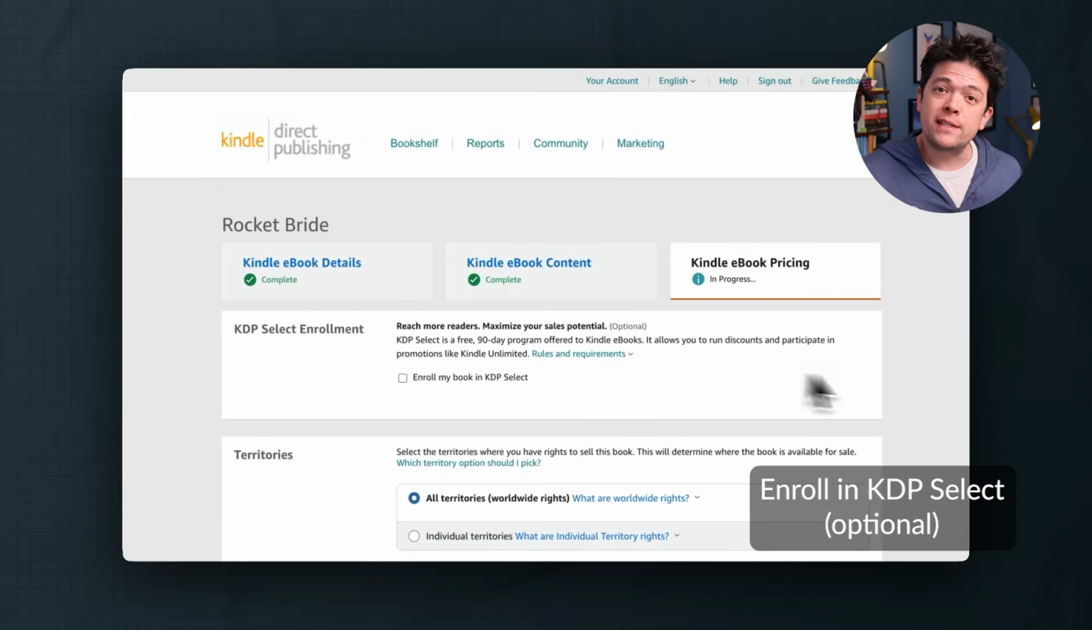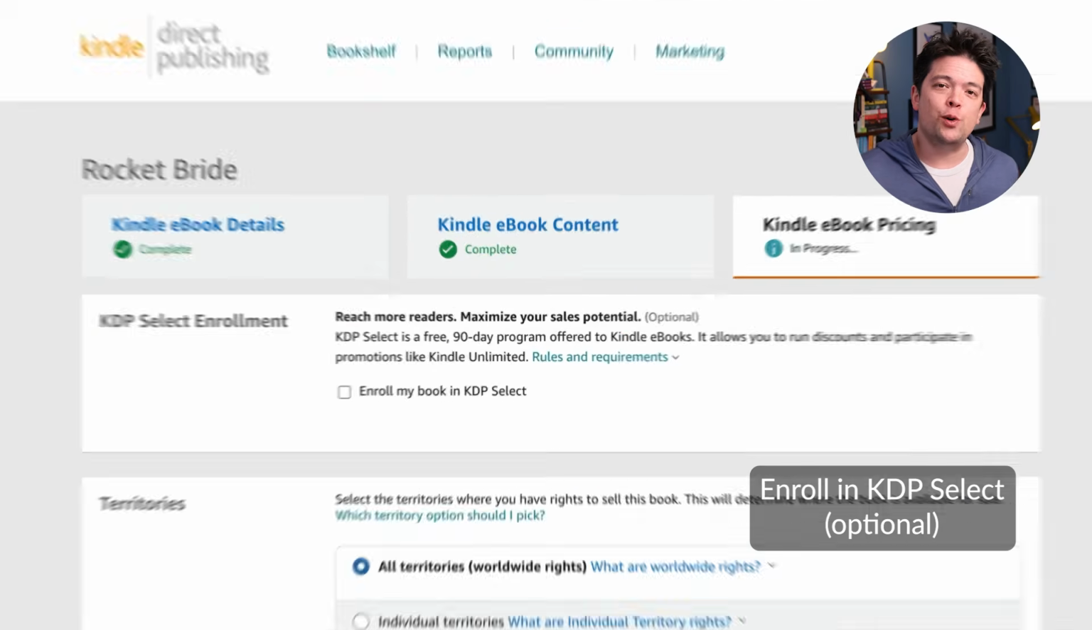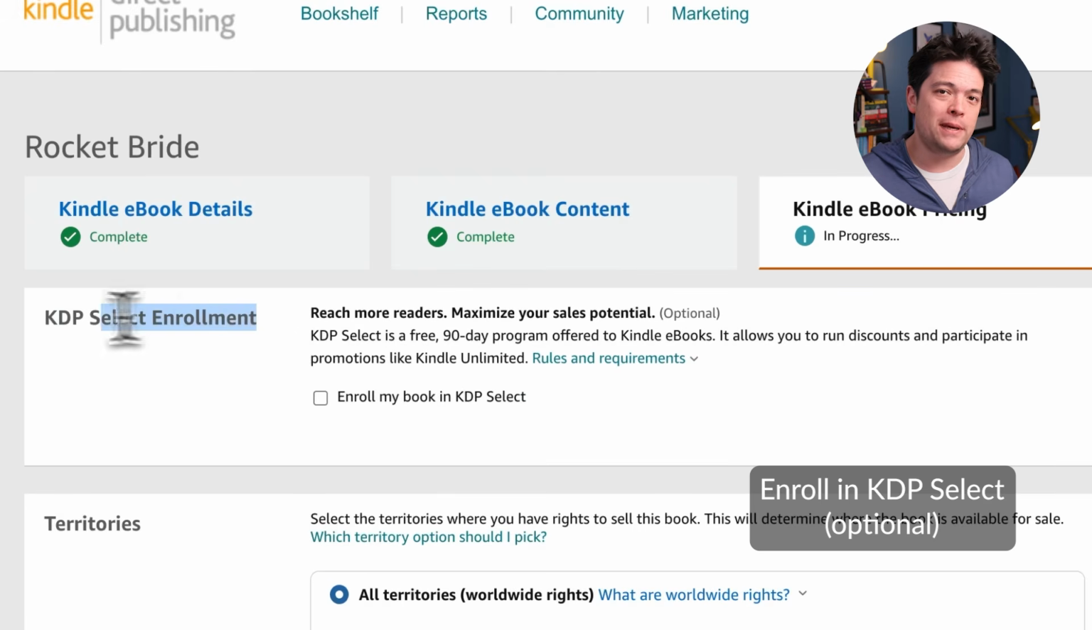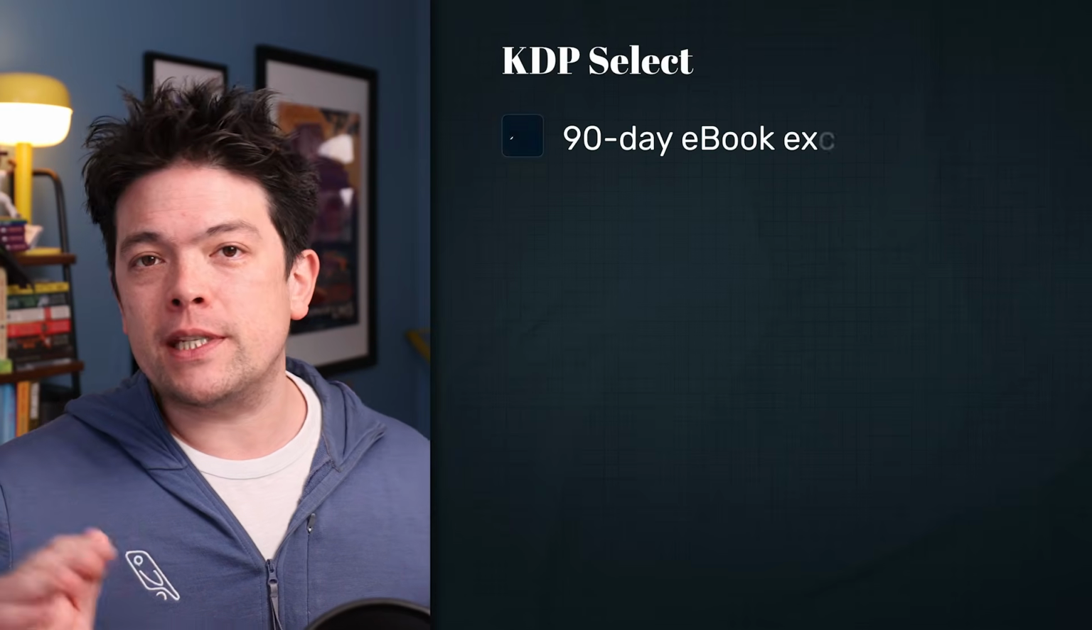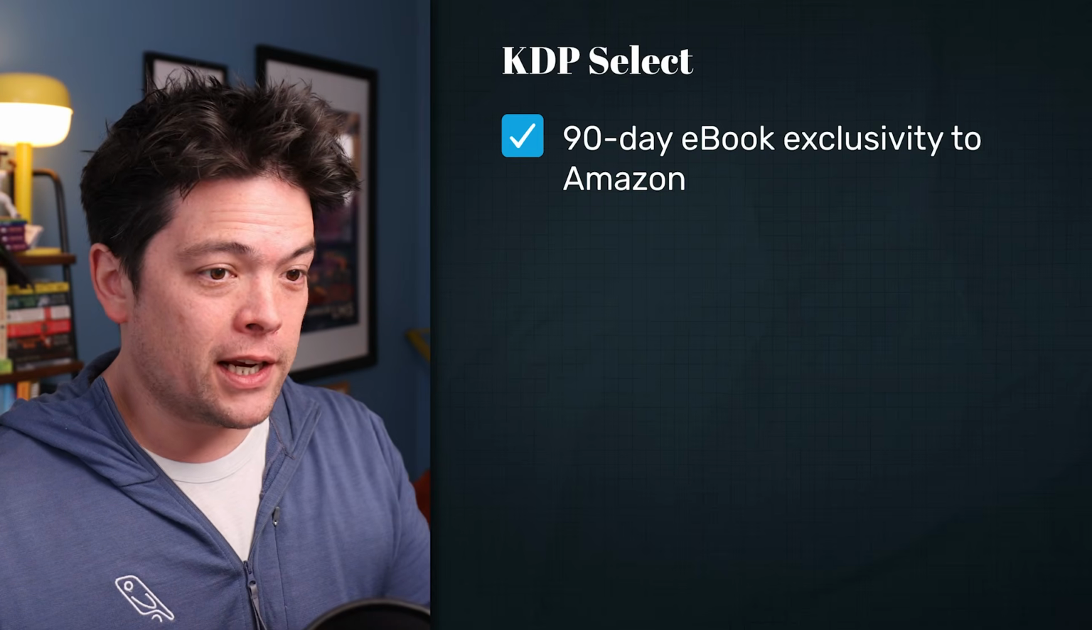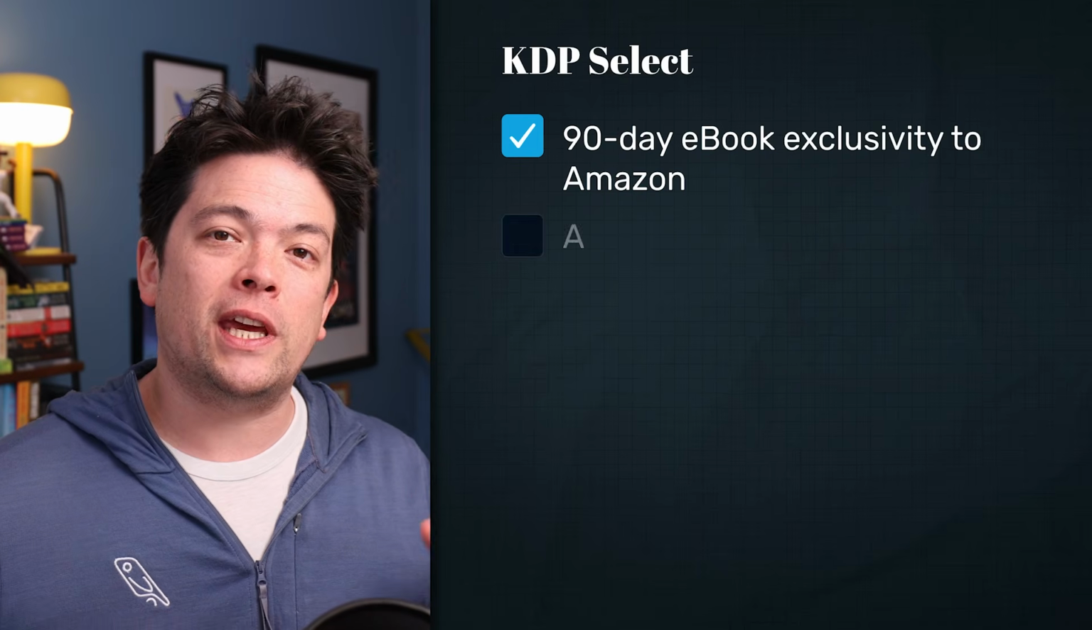Okay, at the top of this next tab, Amazon asks you whether you want to enroll in KDP Select. Now, this is the decision that I want you to go into with your eyes wide open. KDP Select is a program that you can enroll in that gives Amazon exclusive rights to your ebooks for a renewable 90-day period. For those 90 days, you cannot sell your ebook anywhere else, but in exchange, you'll get access to Kindle Unlimited,